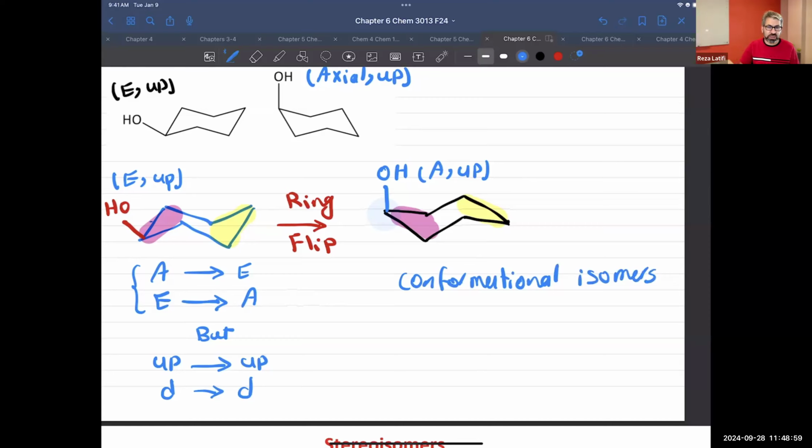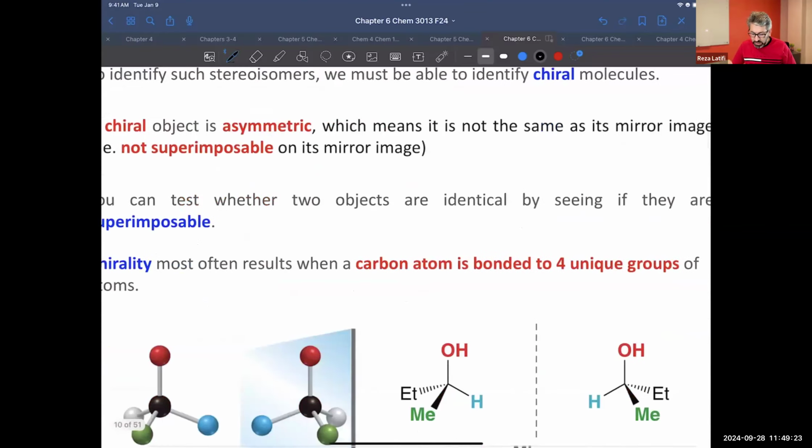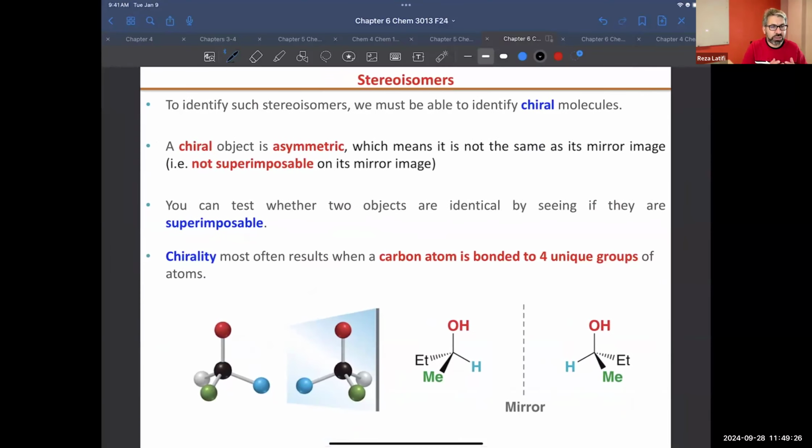Yeah, isomers can get converted to each other. And because I keep saying they can get converted to each other, I need to show the second arrow, and that second arrow is pointing back, because these two can get converted to each other. Okay, so now what's the relationship between those two structures that I mentioned? The answer is they are conformational isomers. Okay, very good. So now that we got the idea how to differentiate stereoisomers from constitutional isomers, we're going to